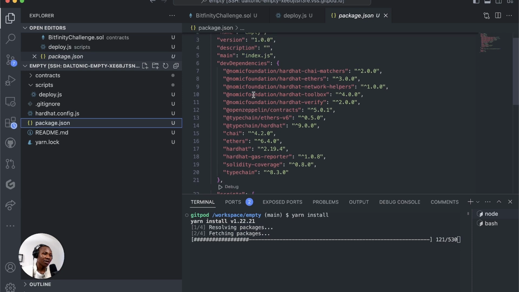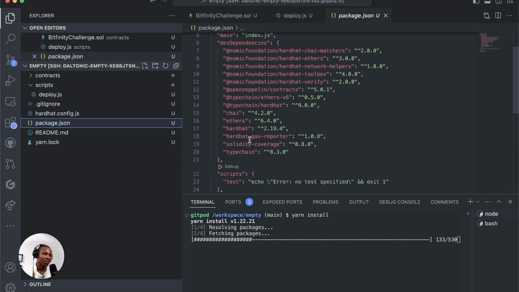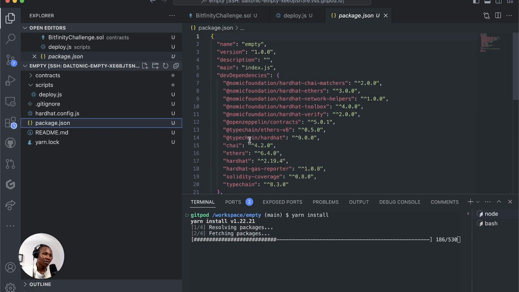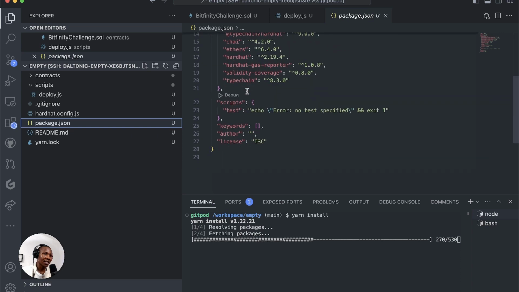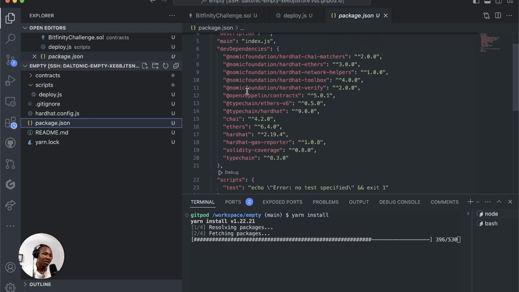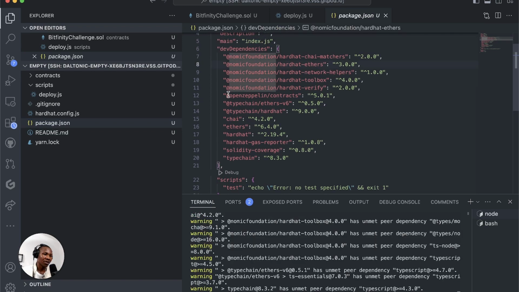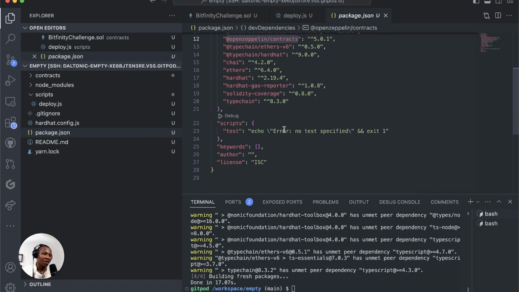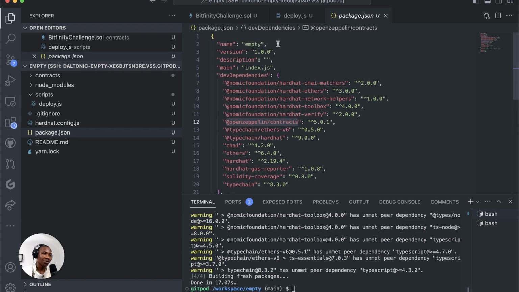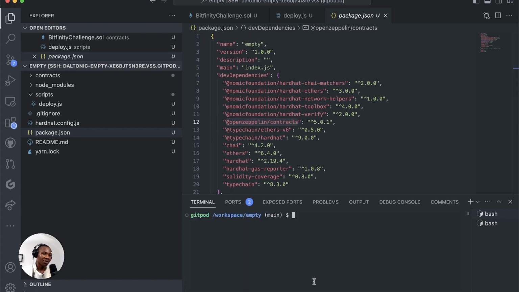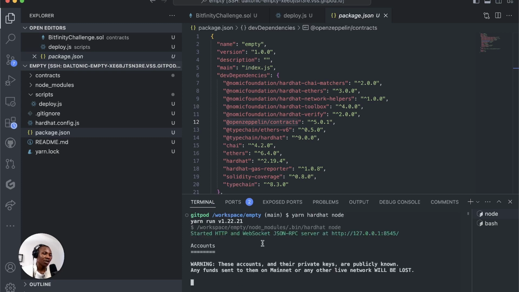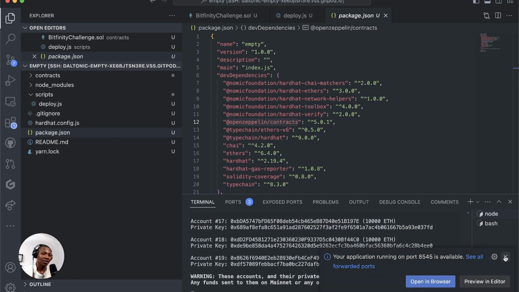I hope I have all those packages that I need inside of this. At OpenZeppelin, okay, we have OpenZeppelin contract, and we have all the items that we're going to need are present here. So if I do that command again, yarn hardhat node,